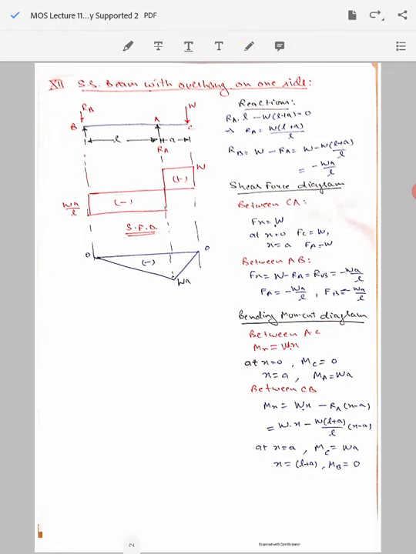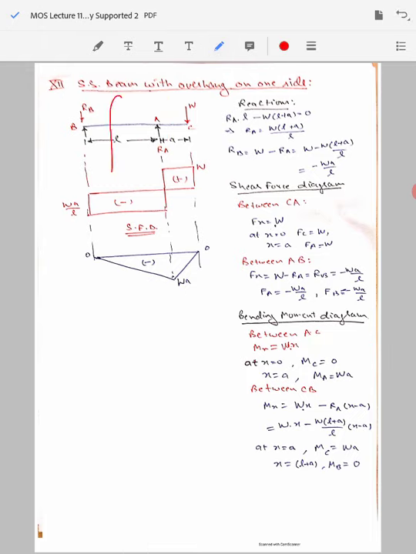Now we will draw the bending moment diagram, and for the bending moment diagram, again we assume the beam to be cut somewhere between A and C. The force W acting at a distance x will give us the moment as Wx, which evaluated at x equal to 0 will give us MC equal to 0, and at x equal to small a it will give us MA equal to Wa. Now for the span AB,